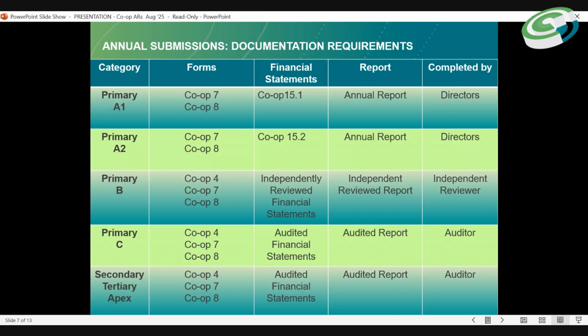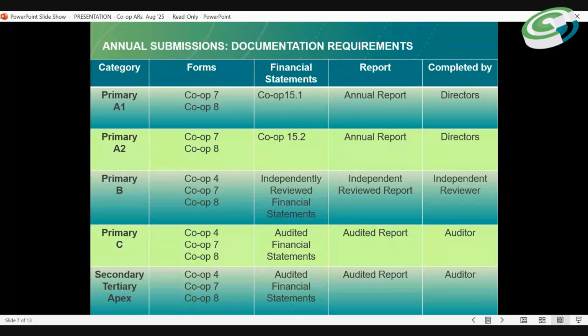And similarly, as the thresholds of the co-op go higher, with the primary C with turnover of 25 million and above, they need to submit audited financial statements, and this can be submitted by the auditor.